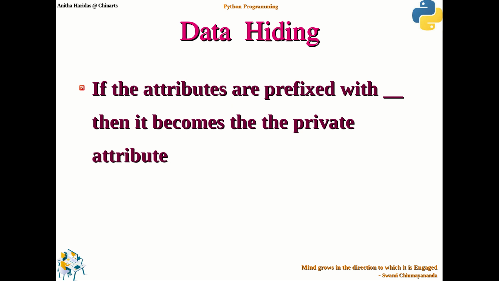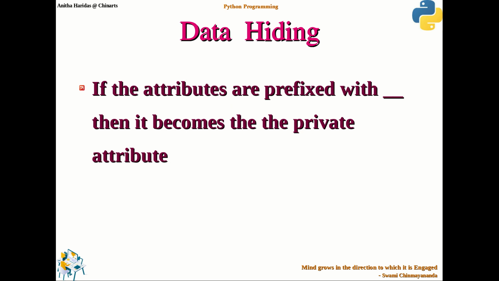So, in most object-oriented programming languages, encapsulation is implemented through classes, right? In a class, data may be made private or public. Private data or functions of a class cannot be accessed from outside the class, while public data or functions can be accessed from anywhere. So, data hiding is achieved by making the members of a class private.